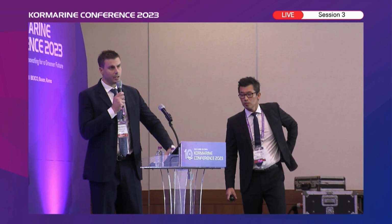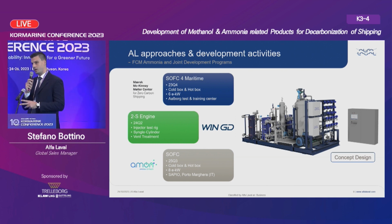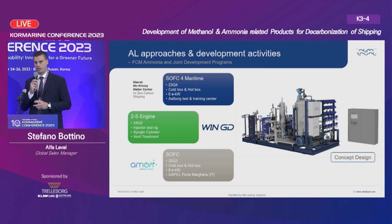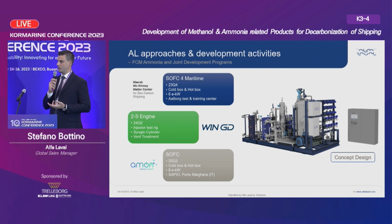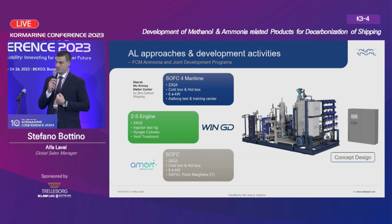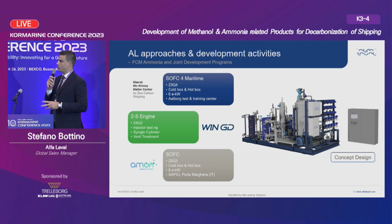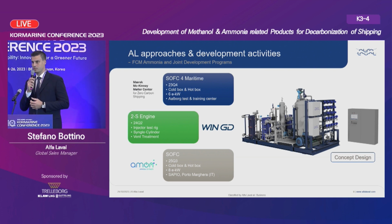Same as methanol fuel being a carbon neutral solution, Alfa Laval strongly believes in ammonia as the first net zero fuel that will be available on the market, same as for the methanol fuel supply system. We want to be the first partner for the industry, with proven technology that ship owners and shipyards can address. For this reason, what we are already doing is to join some